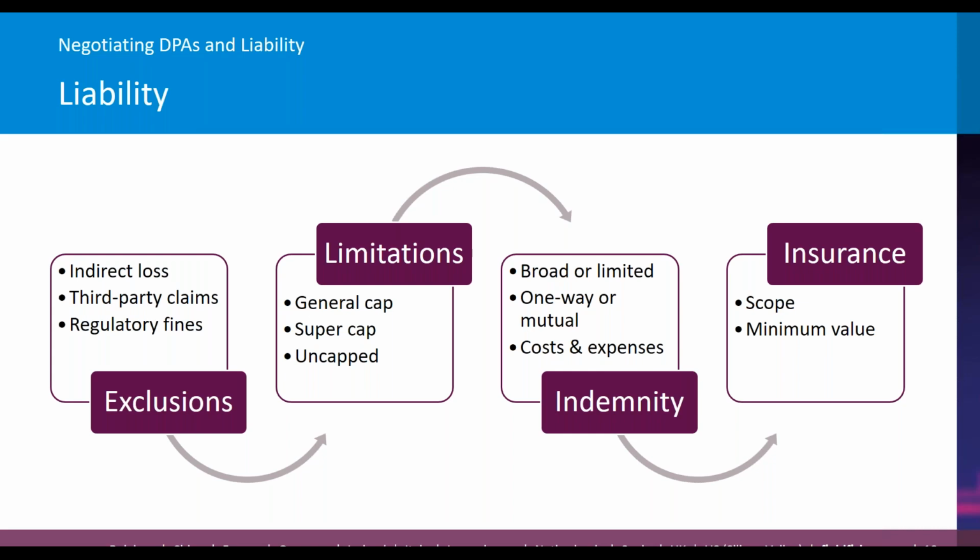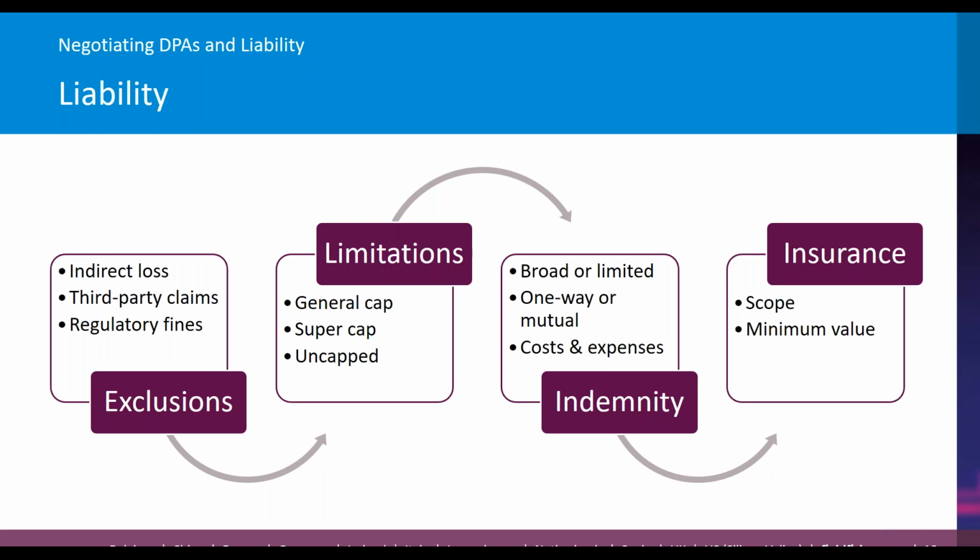So it's definitely worth some time reviewing the MSA and the limitations and exclusions of liability there, to make sure that all the good work that you've done drafting really robust data protection terms in the DPA is also reflected in a reasonable allocation of liability and an ability for you to recover a reasonable sum in the event that the processor breaches the GDPR, breaches their contract, and you've suffered some kind of damage or loss, whether through third-party claims or through regulatory fines.